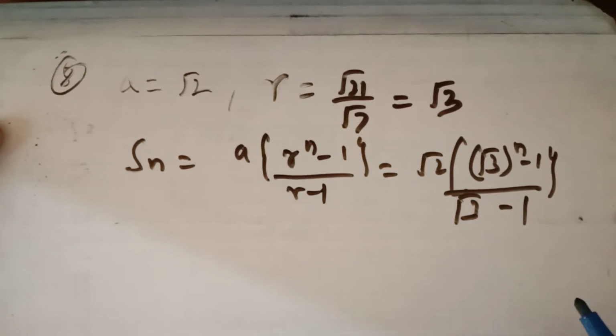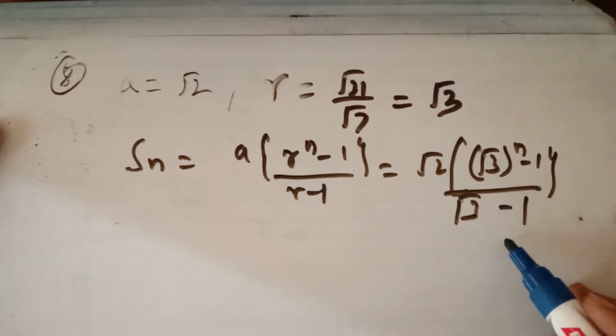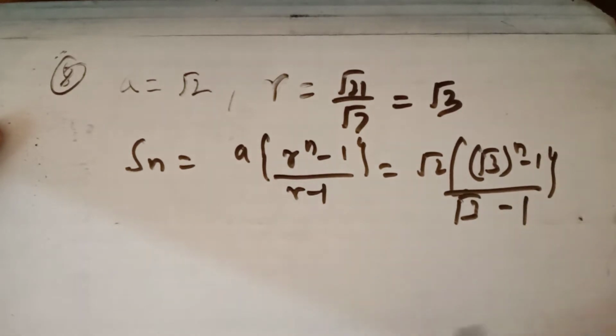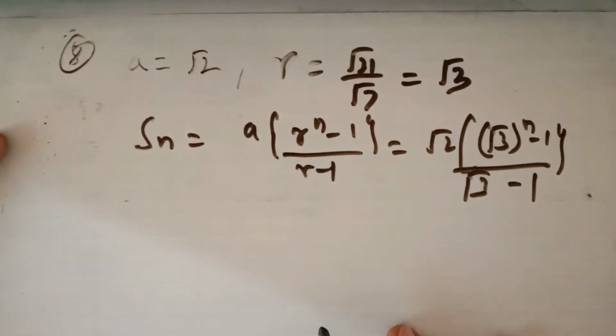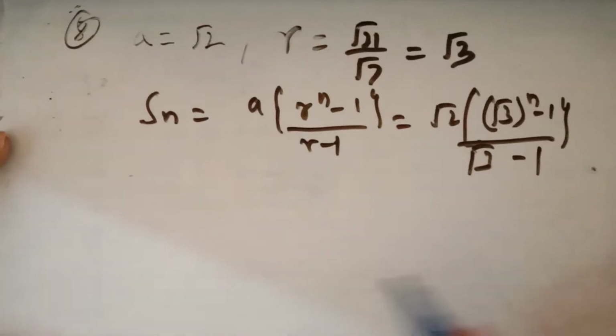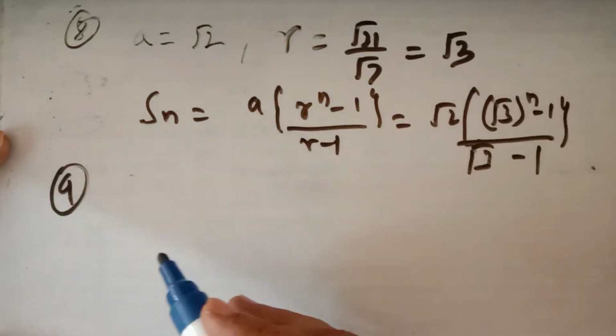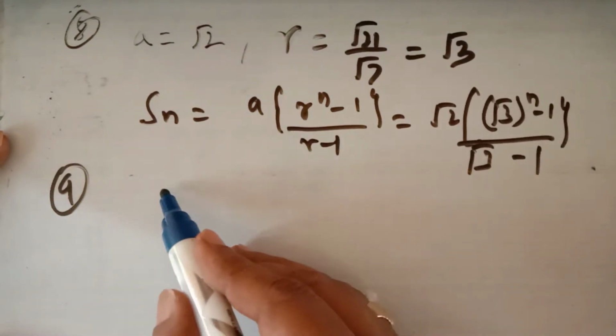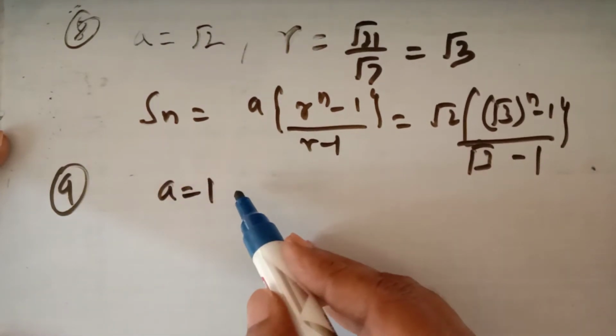You can simplify as far as possible. You can rationalize this root 3 minus 1. As you know, you have to rationalize the denominator when it is an irrational number, or you can leave it here. In question number 9, it is given that the first term is 1, if you see it very carefully,